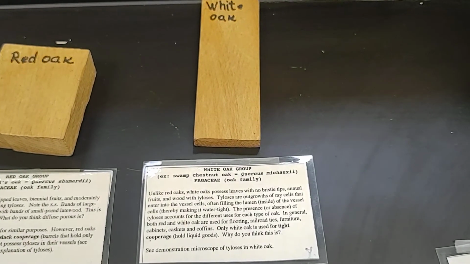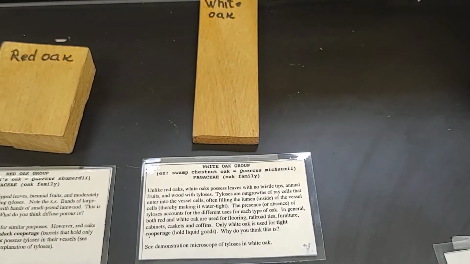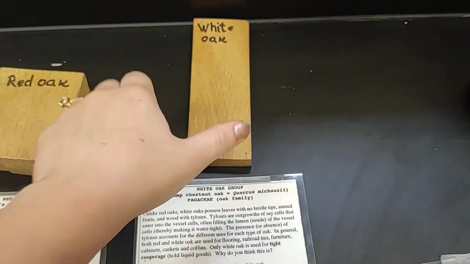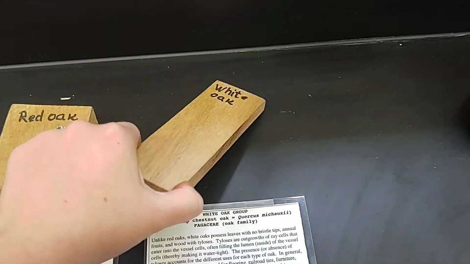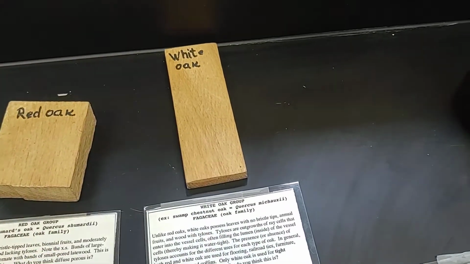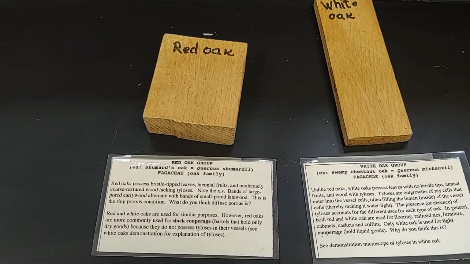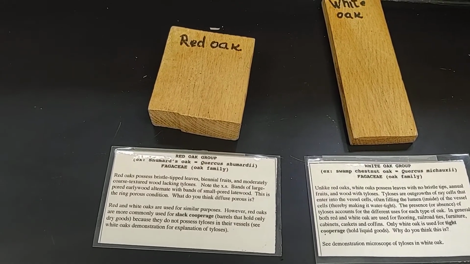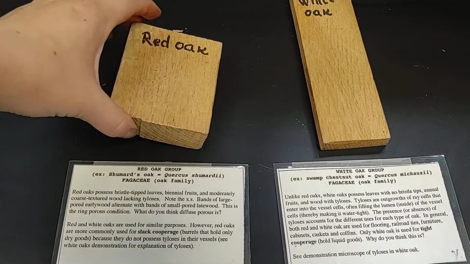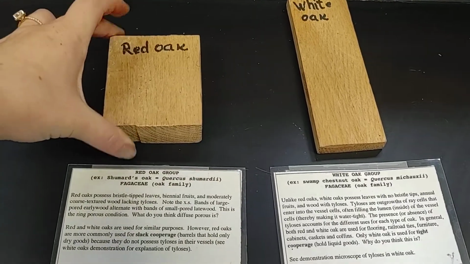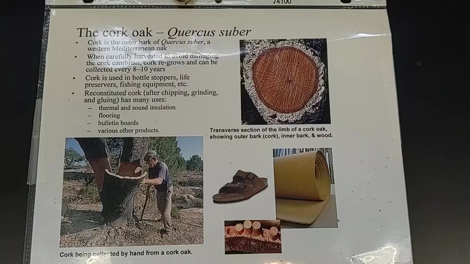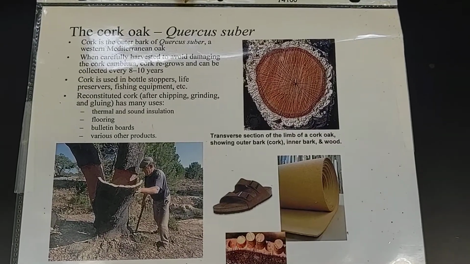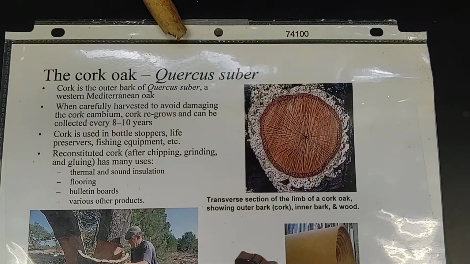Here's one example of the white oak group. They don't have any bristle tips on their leaves. There's also the red oak group, and some of them do have bristle-tipped leaves. They sound pretty similar. One of the coolest trees, in my opinion, is the cork oak, or Quercus suber, in